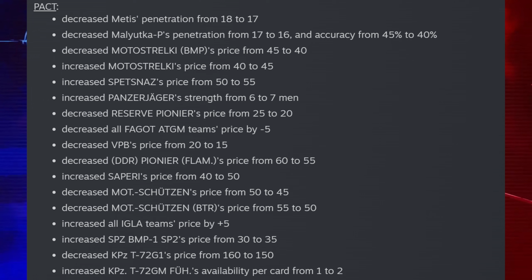price from 25 to 20, decreased all Faggot ATGM team price by 5, increased the VPB's price from 20 to 15, decreased the DDR Pioneer Flams price from 60 to 55, increased the Sapri price from 40 to 50, decreased the Motsuchin price from 50 to 45, and also decreased the Motsuchin BTR's